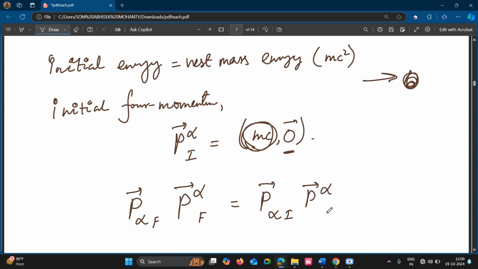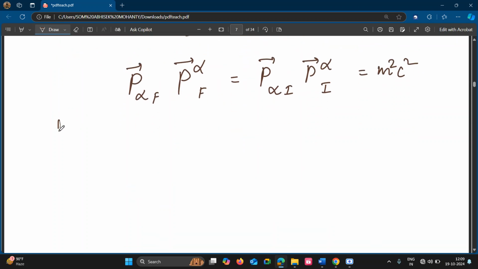I hope you understand the initial, because it's conservation. Conservation is there. So m square c square, simple. Because this is mc now, this is mc. So mc into mc, that is m square c square. So by the conservation of four-momentum,